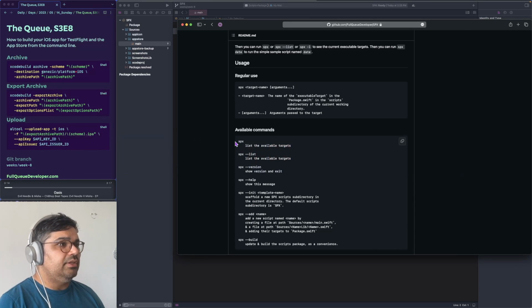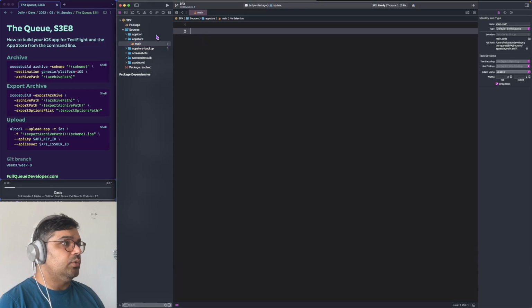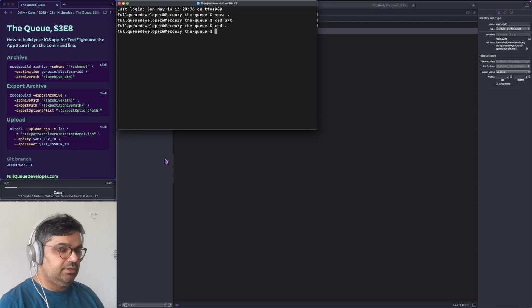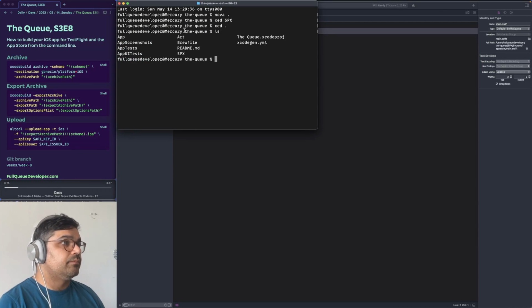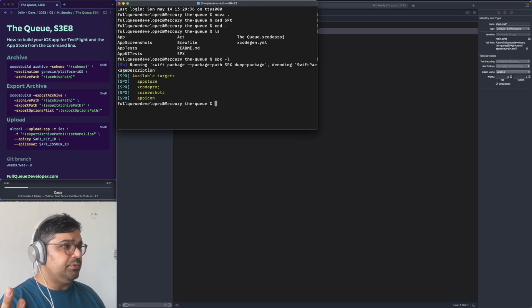Yeah, that's kind of the brief thing for what SPX does. So I'll show you on the command line. Here's the queue, the app we've been working on the past few episodes. Here's the app screenshots. Here's all the targets. Here's the brew file. Here's the README. And the SPX folder is right here. So if I say SPX, I think -L is for a list. It'll list all the executable targets in